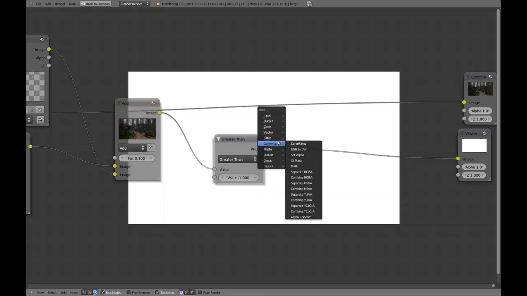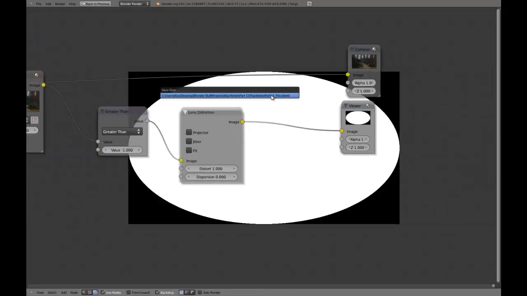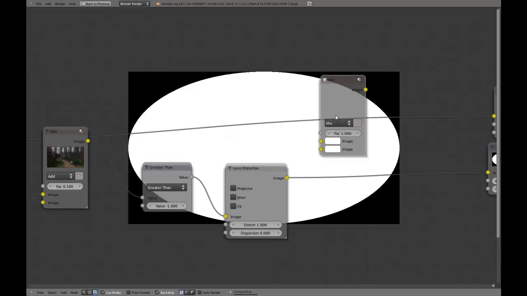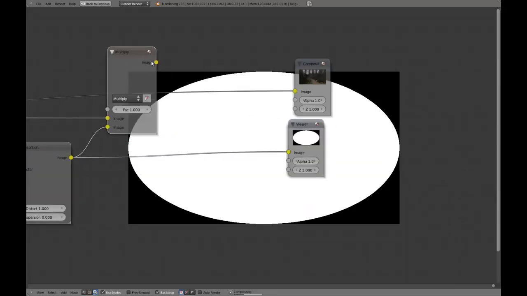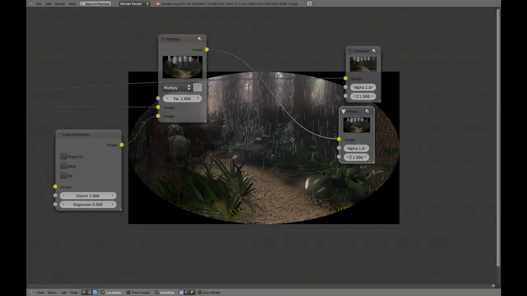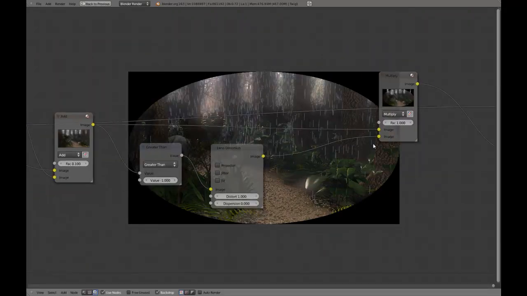And now we're going to go to distort, lens distortion, and set the distort up to 1. And you might be able to see where we're going with this. You'll see that if we were to add a color node, mix, set it to a multiply, and then put this in at the bottom like that, and then this in at the top, you'll be able to see that the corners are now being blacked out, but that's just looking nasty, so I need to sort of blur, feather